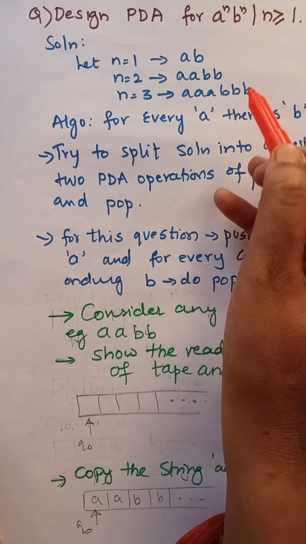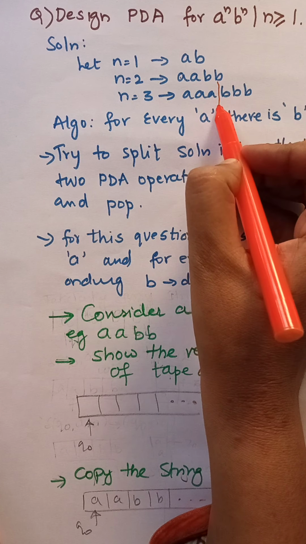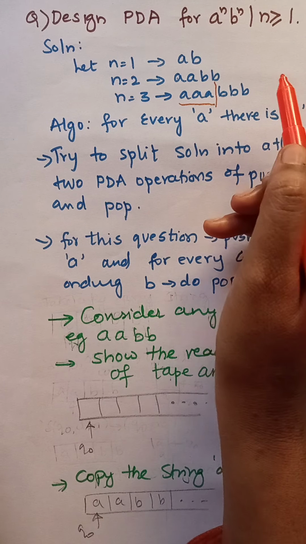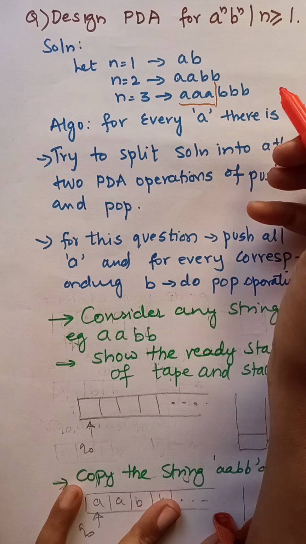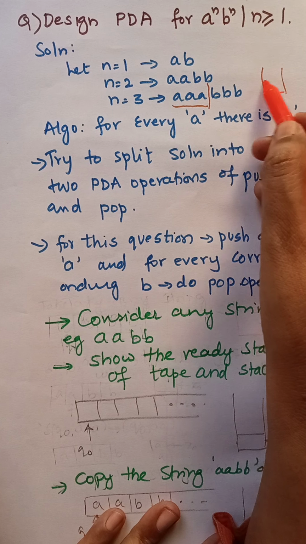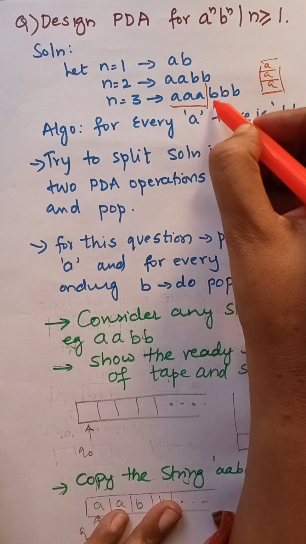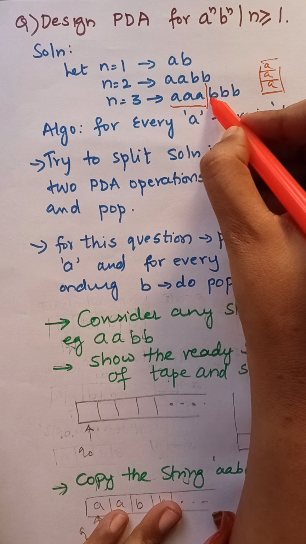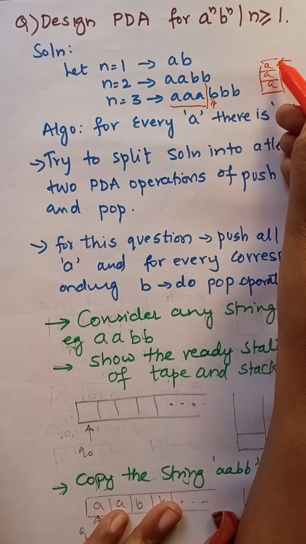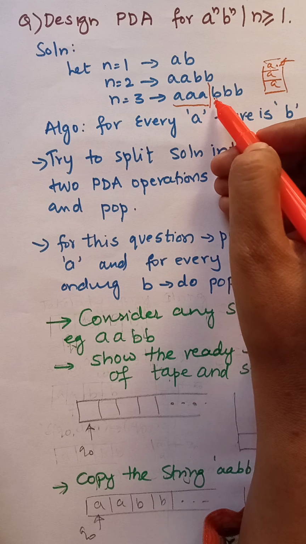So what we had decided is that we are going to divide our algorithm into two sections. One section will be where we read the A's. After reading A, the A has to be placed somewhere. So we are going to place A in our stack. So all A's will be present on the stack. Now what about B? B will be present on the tape. Whenever we get B, after pushing the A's, the top of the stack will be pointing to the last A that we had pushed in. So for this A, this will be the corresponding B.